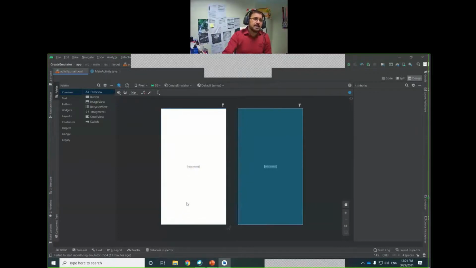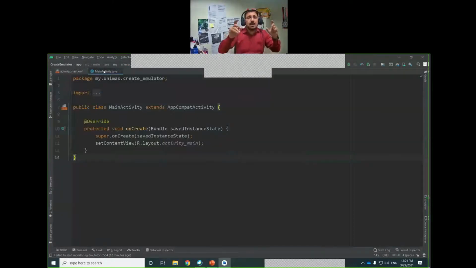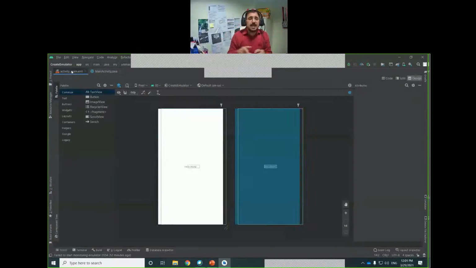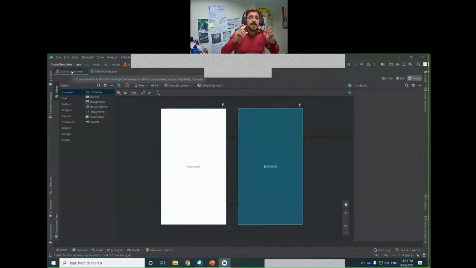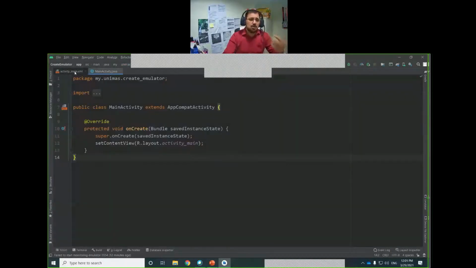It is a totally empty view, with only one hello world view, and behind this user interface is the coding, which is Java code. So we have two components: XML for designing the user interface, and Java code behind it for the functionality.